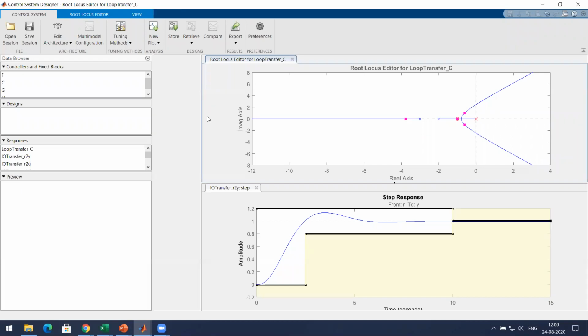I hope you understand the importance of this pole and zero concept. We have added a pole at 0 and also a 0 which is equal to minus Ki by Kp.